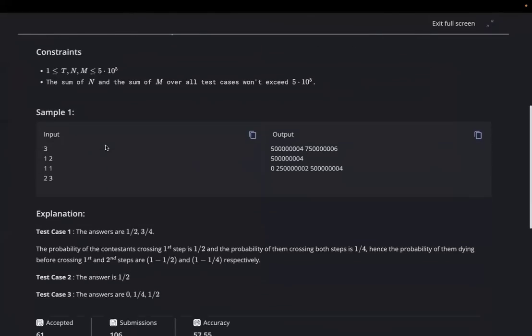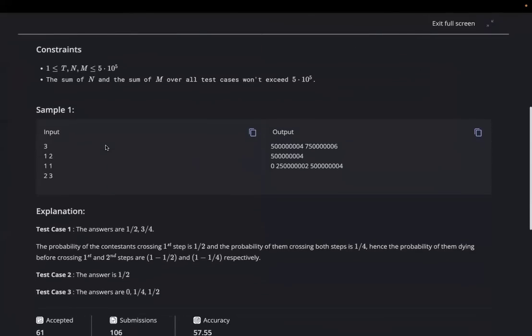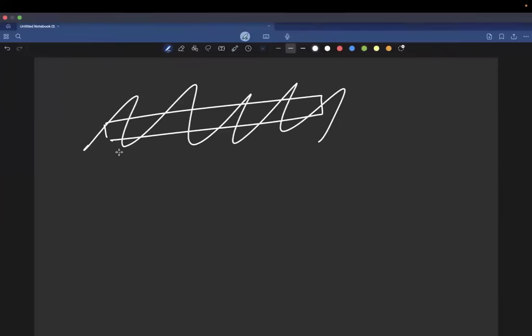So I will tell you the way in which I solved the problem. This was considered to be the harder problem, and the number of submissions were comparatively low. My idea for solving the problem was, let's say there are m steps,